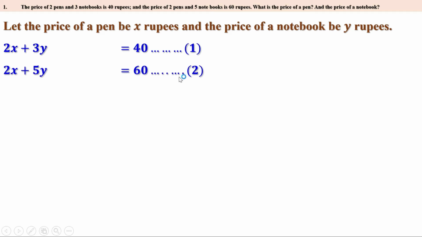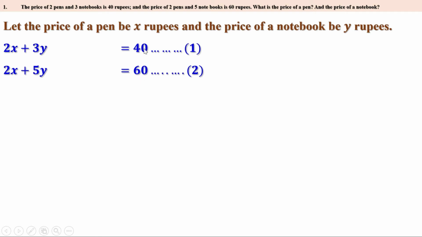Let us take it as the second equation. Now there are two equations. From these two equations, we have to make another equation in which there should be only one letter, either x or y. How can we do it? Here the first term is 2x and in the second equation also the first term is 2x. When we subtract one equation from the other, 2x minus 2x gets 0. Then we get an equation in y only.